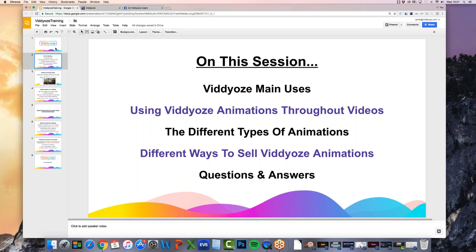Also as well, how you can use animations in different ways. Some ways you may not be thinking of yet. How you can kind of recycle an animation that is used in one way and flip it and use it in a completely different way with a little bit of an image trick. I'll show you this on this session today. I'll show you an example of that.